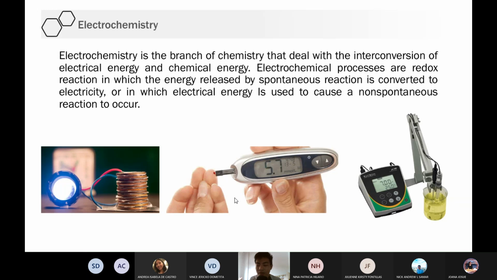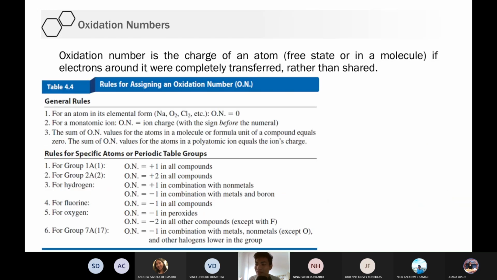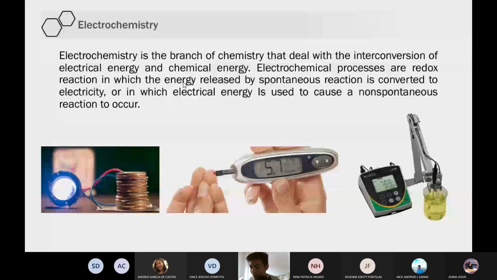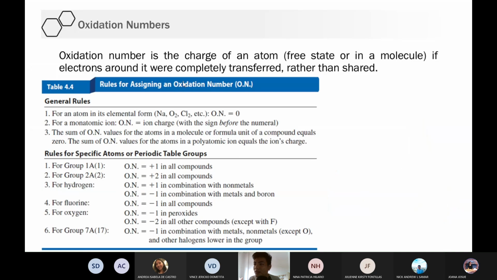Okay? So, yun lang yung gusto ko sabihin. I want to emphasize that. Okay? So, when talking about electrochemistry, it is important for us to know the oxidation numbers first. Okay? So, are you familiar with the oxidation number? I think hindi masyado, no? Okay. Kasi sa senior high pa tinuturo, which is very matagal na, no? Kaya let's discuss oxidation number. Important to later on. Okay.